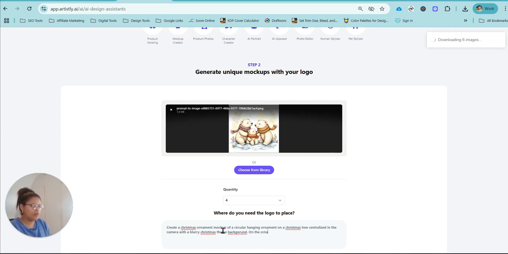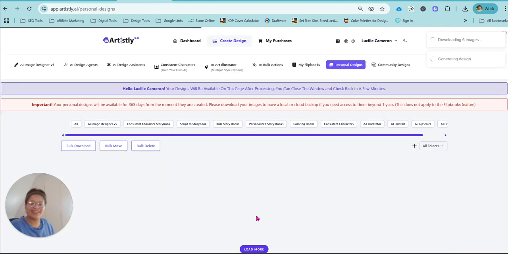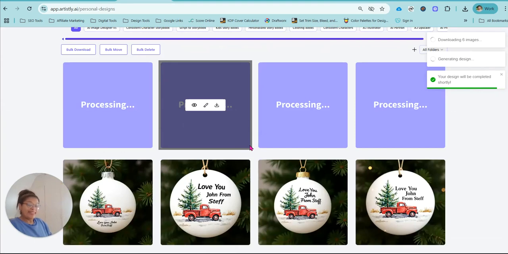On the ornament, include text, my big boo bear John. I hope John appreciates this. Ta-da! Artistly